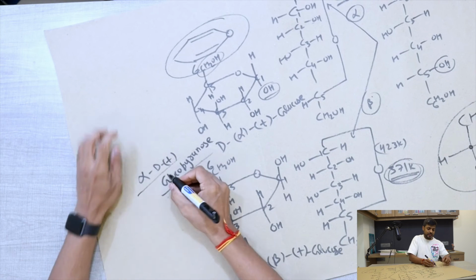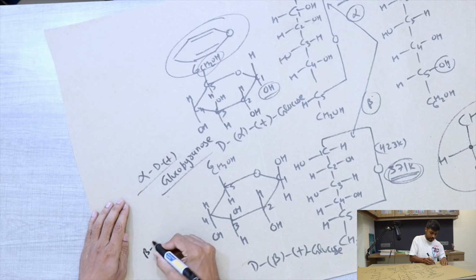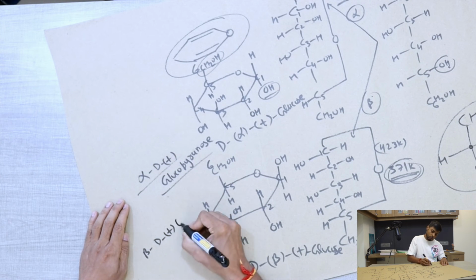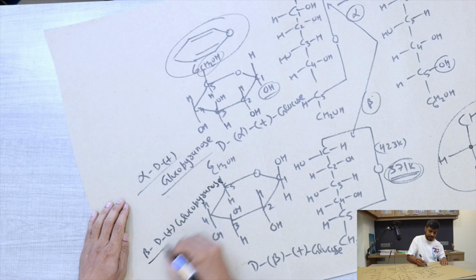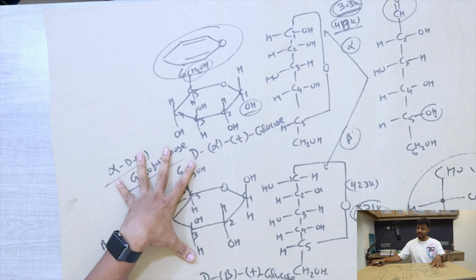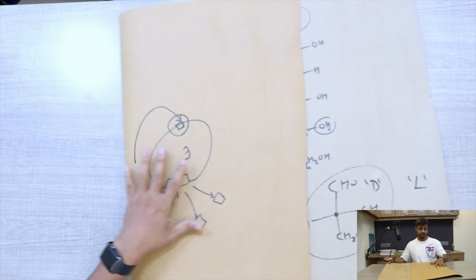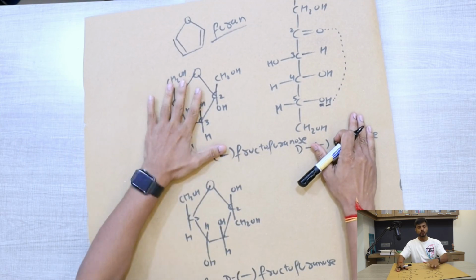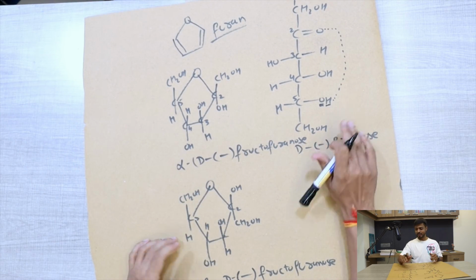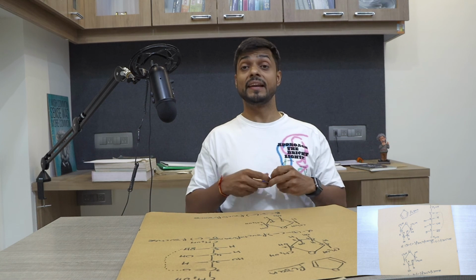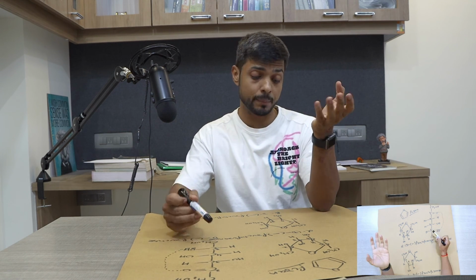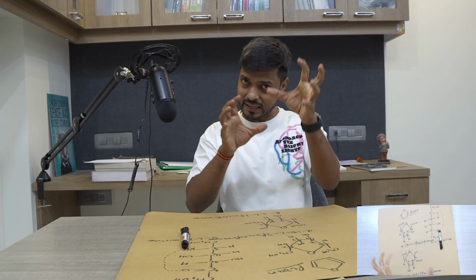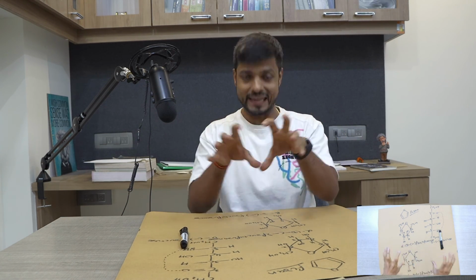And the other variation of this is what? The same molecule, just the beta form, D, they are dextrorotatory, glucopyranose. So that is the basic structure of glucose, and this is the basic structure of the fructose molecule, alpha and beta form. Now we will discuss in the next session the disaccharide, the cane sugar, which is made up of glucose and fructose together, and how glucose and fructose molecules are connected together.